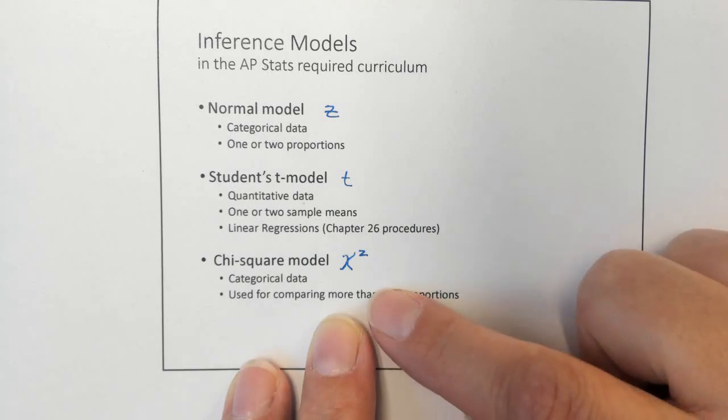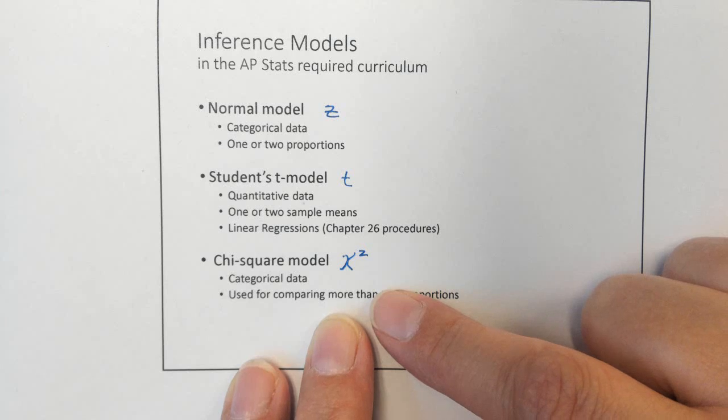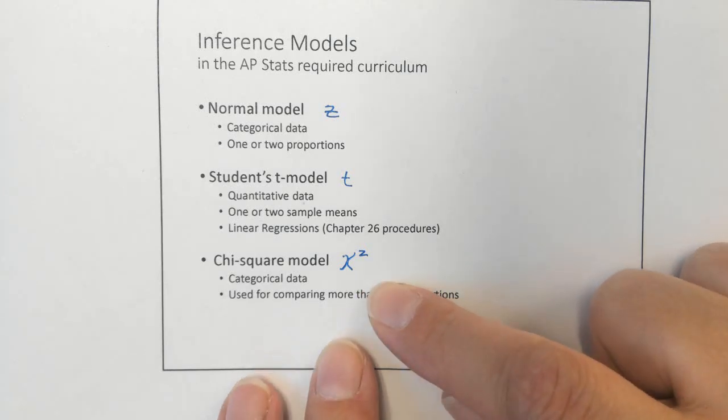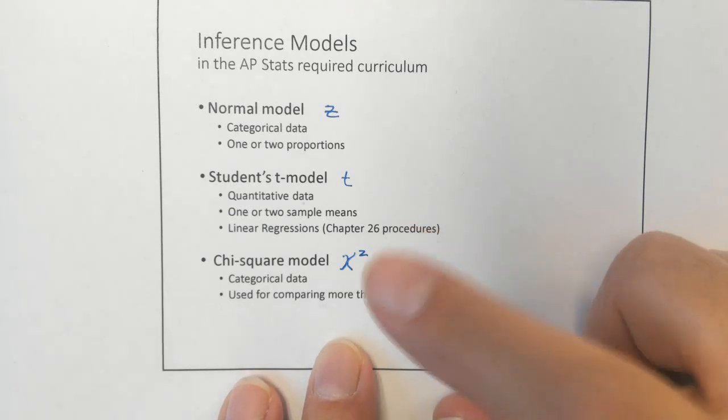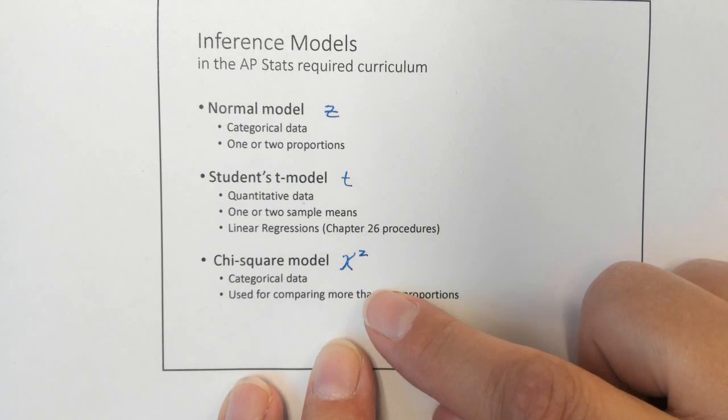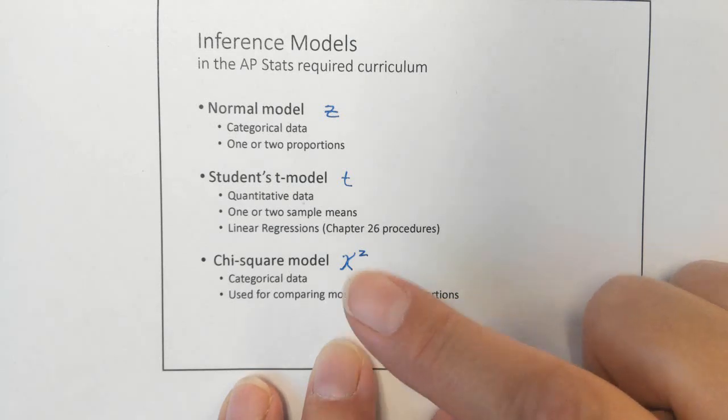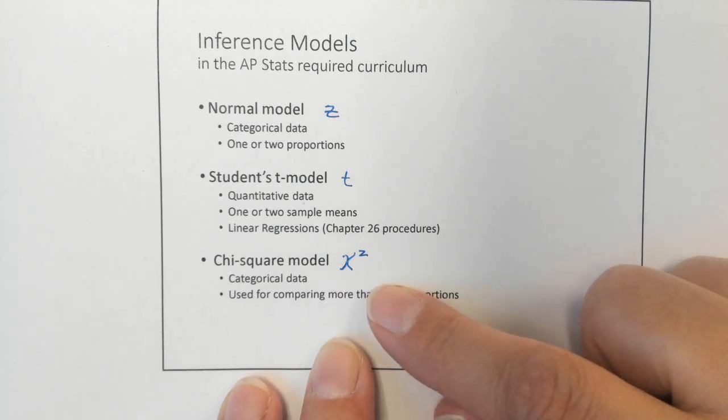So we're going to look at the chi-square model. Some of you who've had AP biology have seen chi-square models before, because that is one of the procedures that is AP biology curriculum required. Maybe if you've seen it before, this will tie into what you learned there, maybe make it make more sense than it did before. So